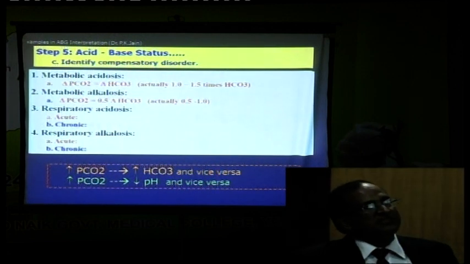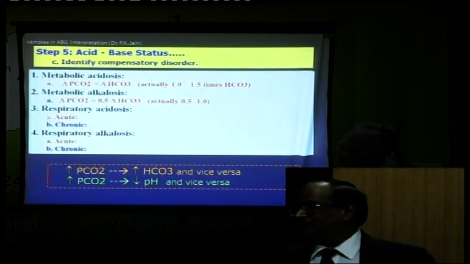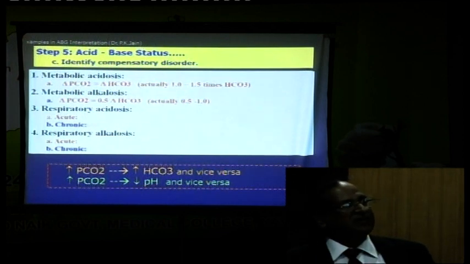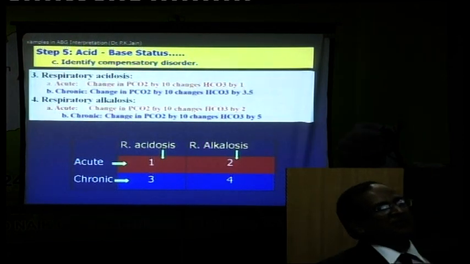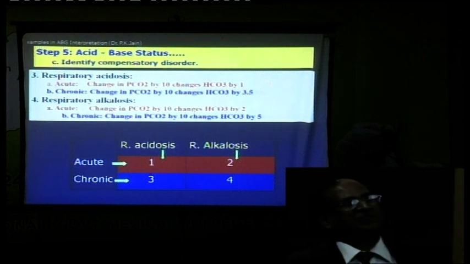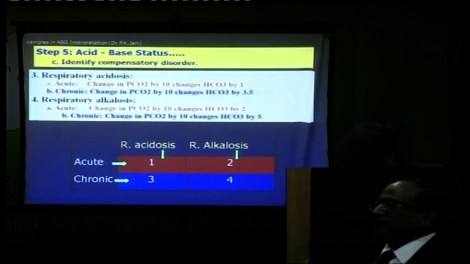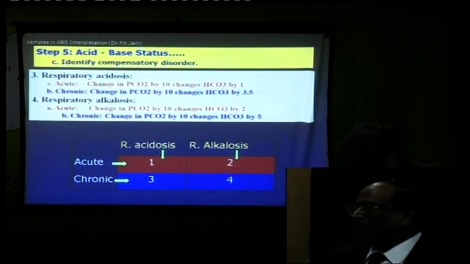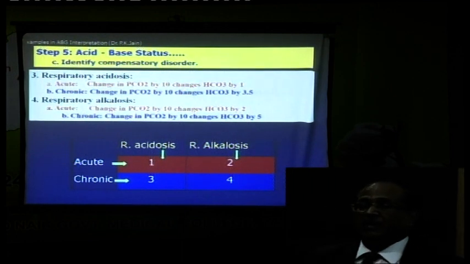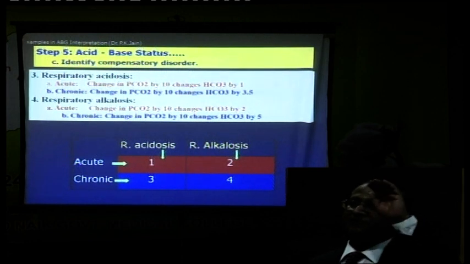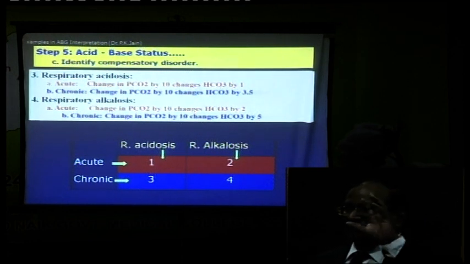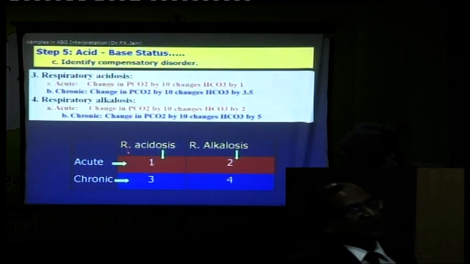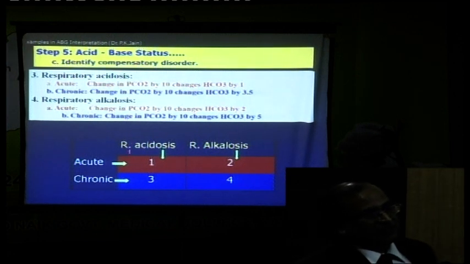I told you compensation for metabolic acidosis and alkalosis equal in half the time. Respiratory disorders, people find it confusing because it's different from acute and chronic. I want you to remember this. First of all, when you talk about metabolic, we said fall in bicarbonate, and that should be equal. For respiratory disorders, you say fall of 10 as one basic unit. And remember this chart, you make this in your mind,